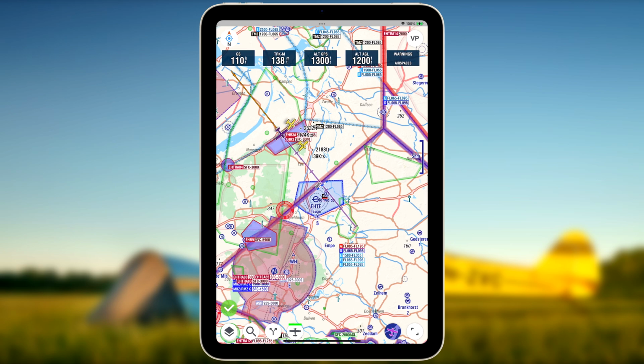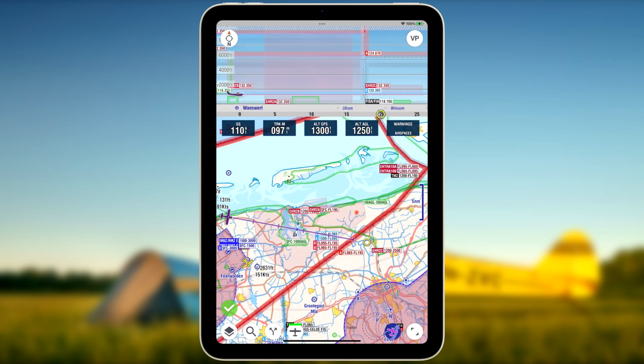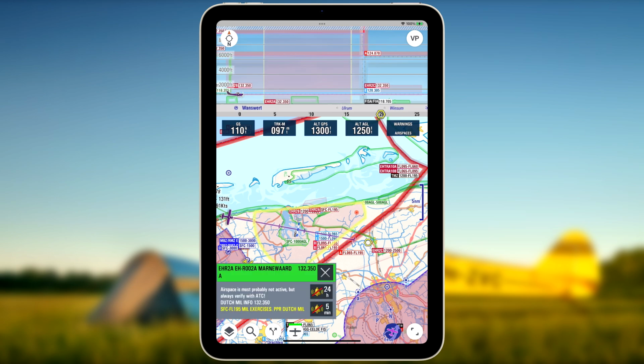Advisory information: entered restricted area. Contact Dutch Mill info on 132.350. Note, EasyVFR will also warn you of non-active restricted areas in your line of flight. Warning: entering restricted area in 2 minutes. Contact Dutch Mill info on